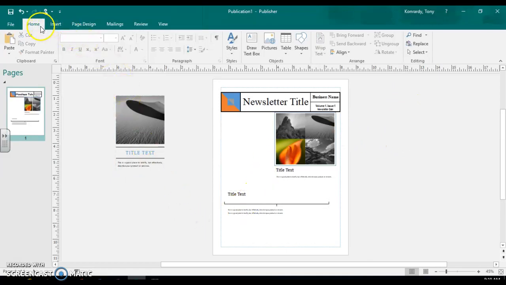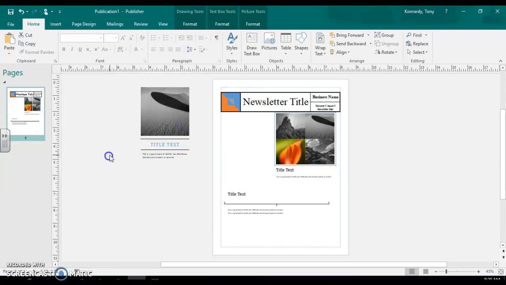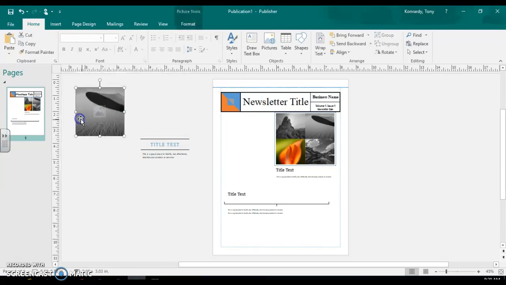Okay, so under the Home tab, we have an item labeled Ungroup and Group. Now you can see that those are not highlighted right now. What we have to do is go to the item we'd like to ungroup, click and drag, make sure that we get everything in there. Then we'll click Ungroup. Sometimes you have to click it twice, and you can see now I can remove individual